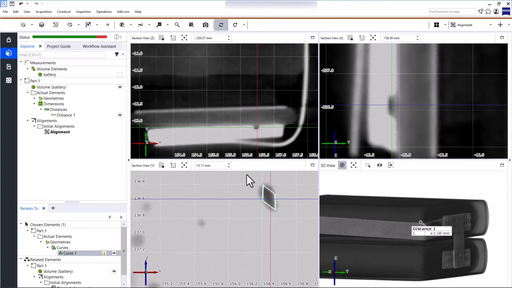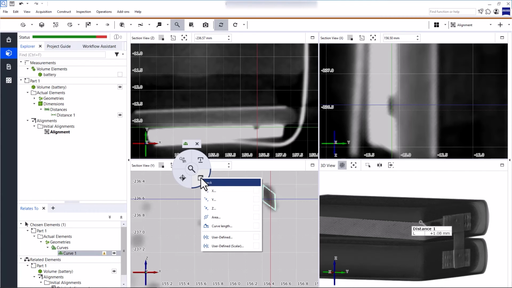Now all we need to do is check the element. Open iInspect, either in the main toolbar, or use Ctrl and the right mouse button and place it anywhere. The functionalities that are available in iInspect depend on the element you selected. In this case, we want to check the curve, so open Check and select the check area.